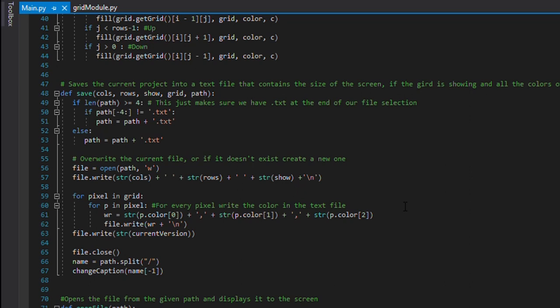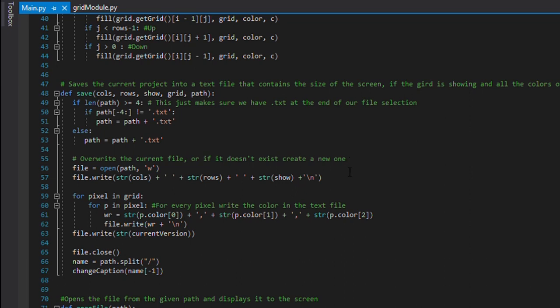It records some information like the grid cells, the number of grid cells, the color of each pixel, and so on. First of all, I'm making sure that the extension of the file is correct. Using these simple lines of code, I'm just checking whether the person has the .txt extension at the end or not, and if it's not there, I'm just adding it.